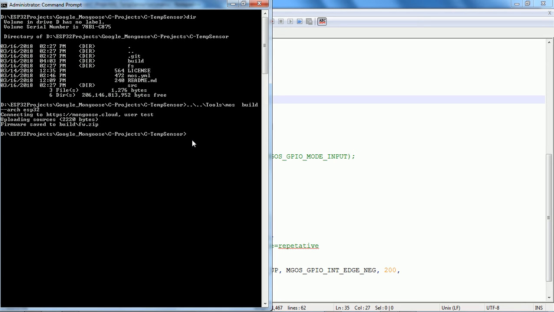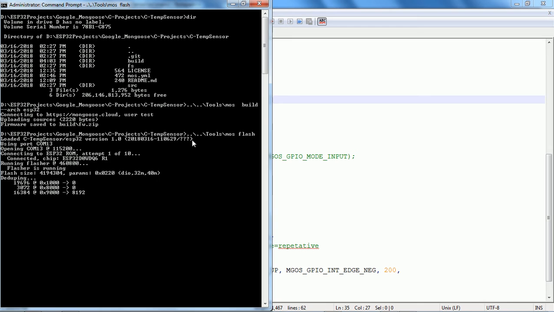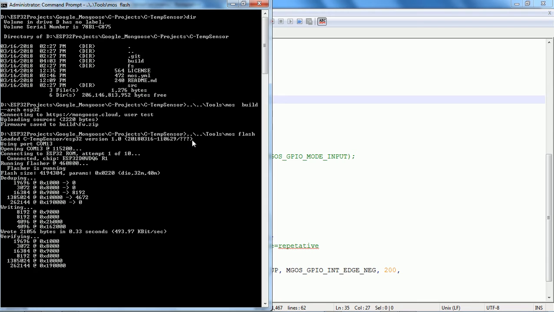Now the next step is, after doing the building, we basically have to flash the ESP32. That means we need to download the complete firmware to ESP32. So for that we need to do this. So now again I am using the mos tool, and I am now saying flash. This also takes time, it's quite a good amount of effort. So it is basically connecting to ESP32. Then now you can see it has basically done the flashing of the ESP32 ROM. So all those things are done.